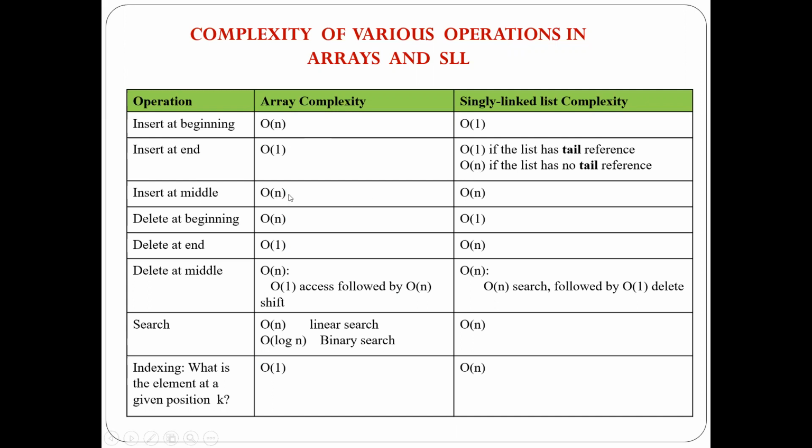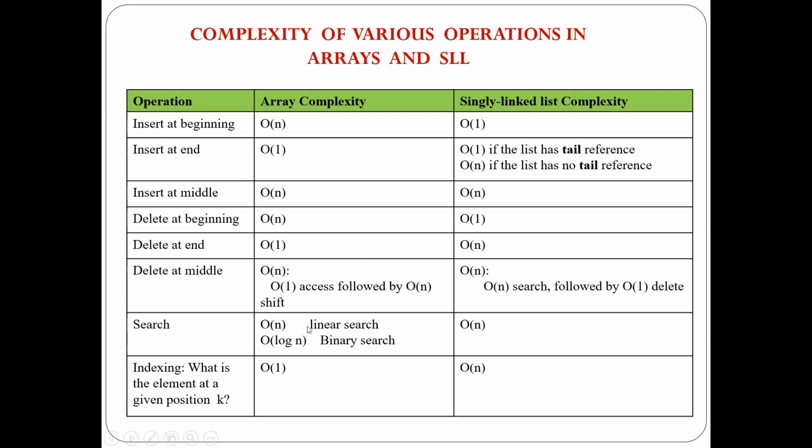Then for the middle, in both cases, in case of the array and in case of the single linked list, big O of n is there, because in case of the array, again the shifting is required. That's why big O of n is there. And in case of the single linked list, sequential access is there. That's why big O of n is there. Similarly, deletion at the beginning. Again, in case of the array, though it is the beginning, it is big O of n because shifting is required. But in case of the single linked list, as it is the deletion from the first position, directly it will come like big O of 1. Then deletion at the end. Here big O of 1 in case of the array, but in case of the single linked list, it will come like big O of n. Deletion at the middle. In both cases, big O of n is there.